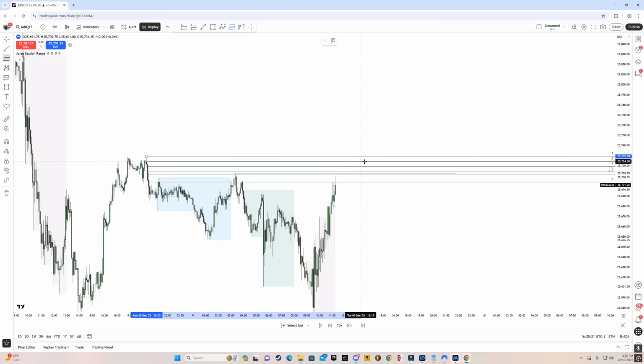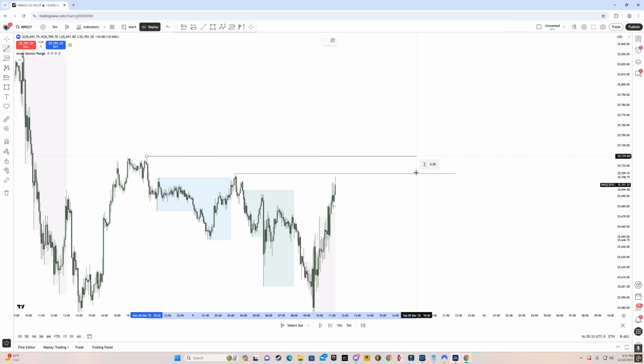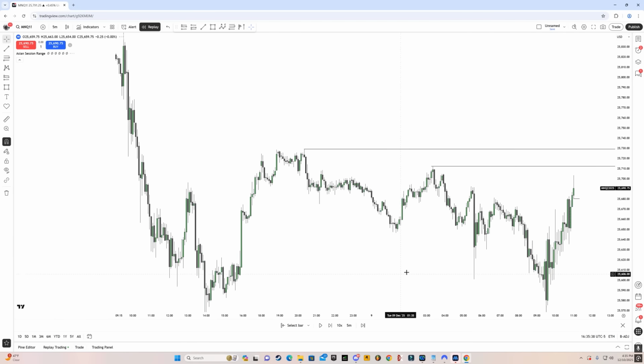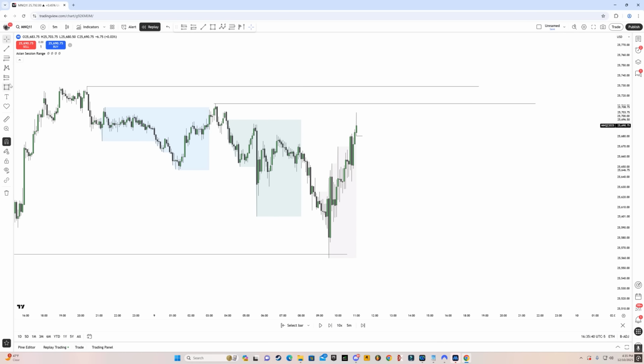Honestly, this right here looks good as well, this high over here. So let's just go around this area. So with that in mind, you have to use some discretion, right? This is like real trading, guys. I can give you a mechanical strategy. It does work. It can work. But if you become your own strategy and think logically sometimes, you can clearly see that we swept the major sell side. That was our target for the day.